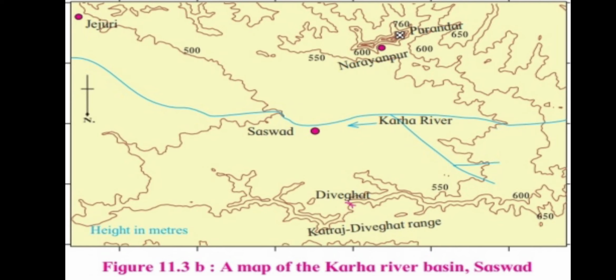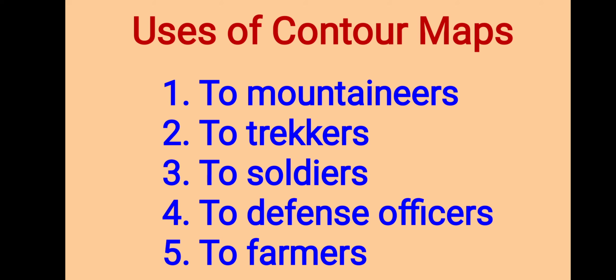With the help of these contour maps, we understood the altitude, slope, and direction of a slope. Understood this? These maps are very useful for us. Then, one question is there in your mind: who uses this map? Is there any use of this map or not? Now, learn some uses of these contour maps.